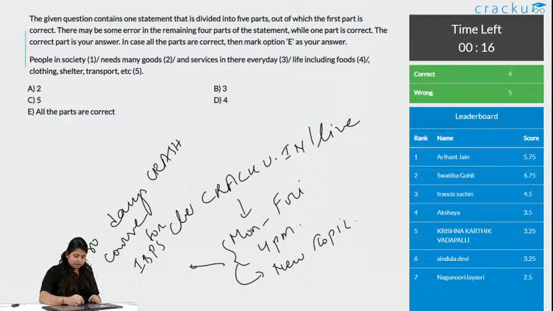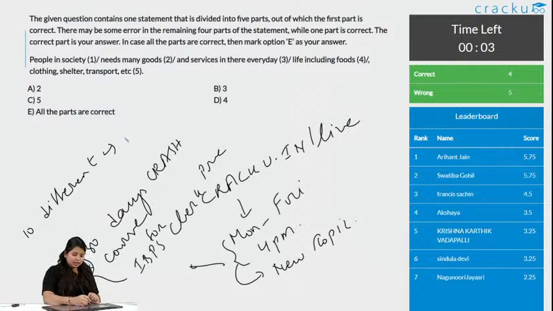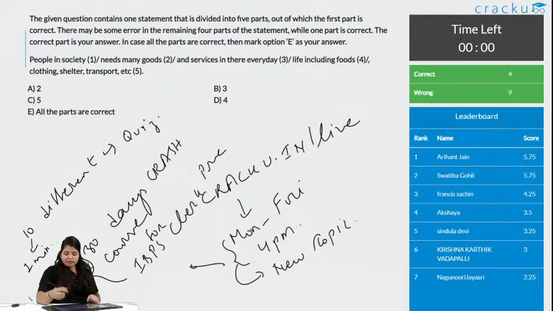IBPS Clerk free. And a very fun way of doing a crash course, we will have 10 different questions of a topic and you can participate in solving this. There will be a quiz. For every question you will be given 1 minute. You need to solve the question in that 1 minute, and if you are among the top 3 people in the leaderboard, like you can see here is Aryan, Swatiba and Francis Sachin, you will be able to win a